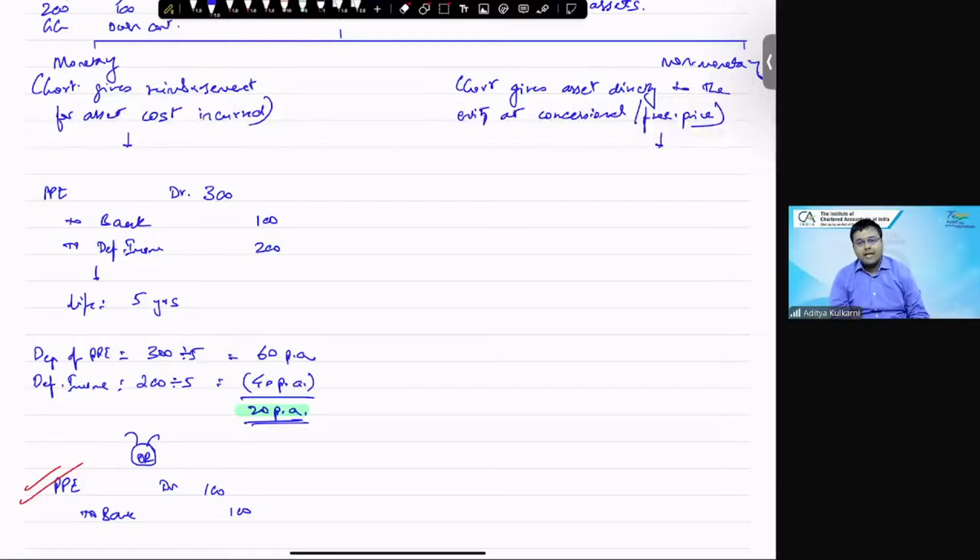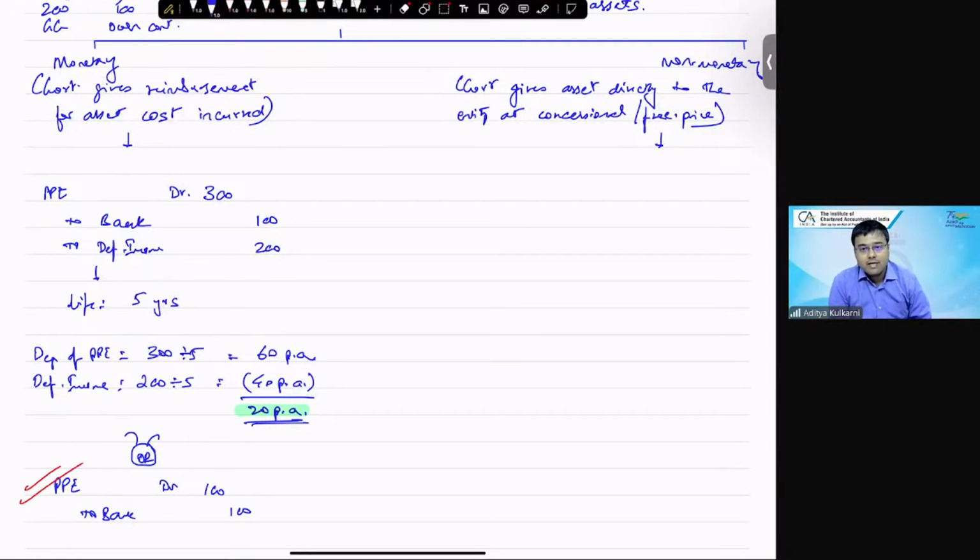When this asset is funded by a government grant, you need to take approval from the government, because the government also has put its money, right? So if you decide to sell within 2 years,